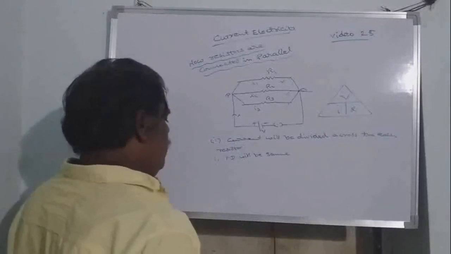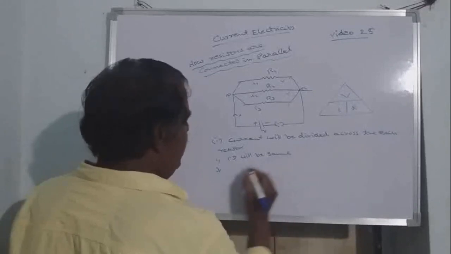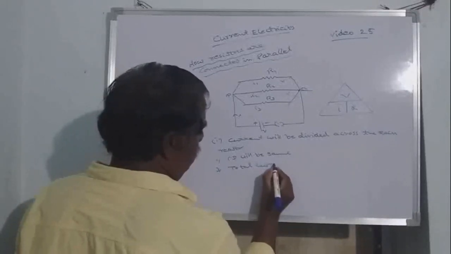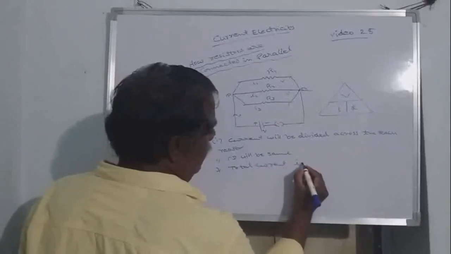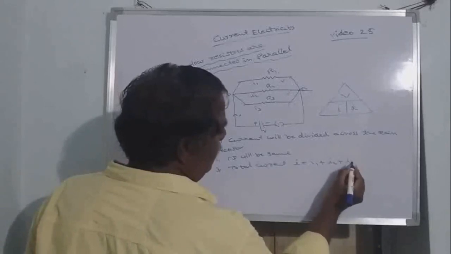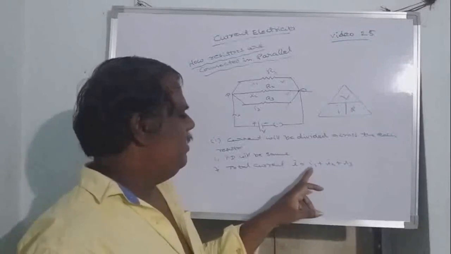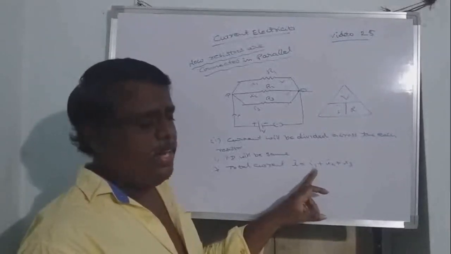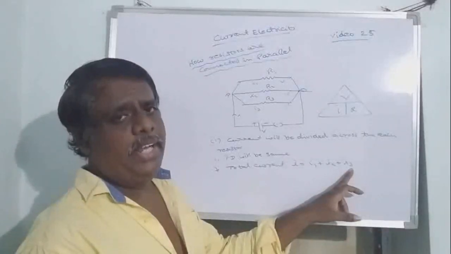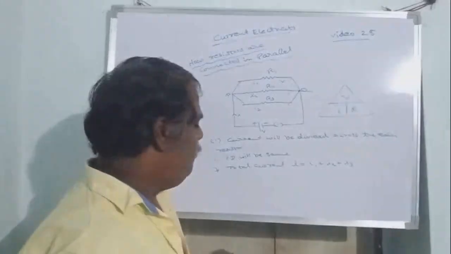Okay. Now, current will be divided. So total current I is equal to I1 plus I2 plus I3. That means the total current in the circuit will be equal to the sum of the current across resistor R1, the current across resistor R2 and the current across resistor R3. The sum of all these will be equal to the total current. Now,